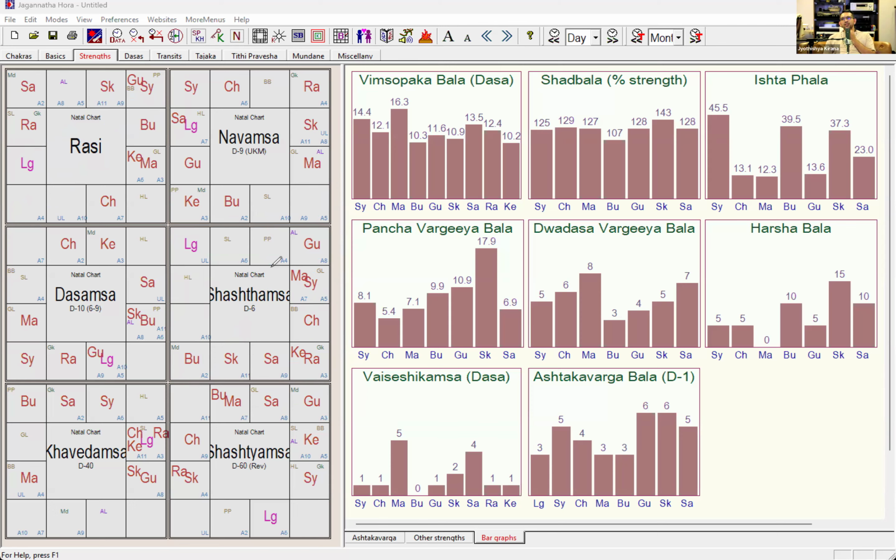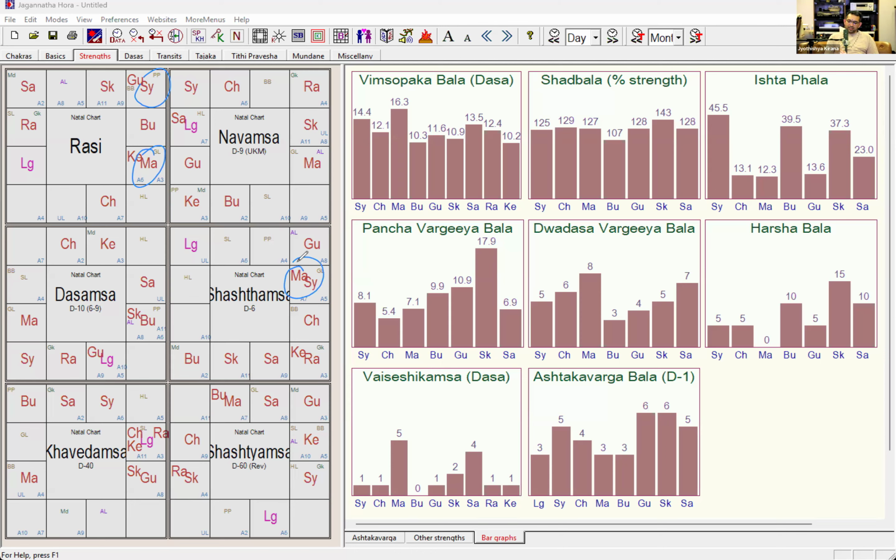Something which consistently sustains the body is what is going to get troubled. But then there are other things also. I didn't come to this conclusion because of only that. I have some other things which I have seen, but it is difficult for me to explain at this point of time. Because Surya is now in a bad state, and Mangala is also in a very bad state, because Mangala and Ketu are together in 8th house,